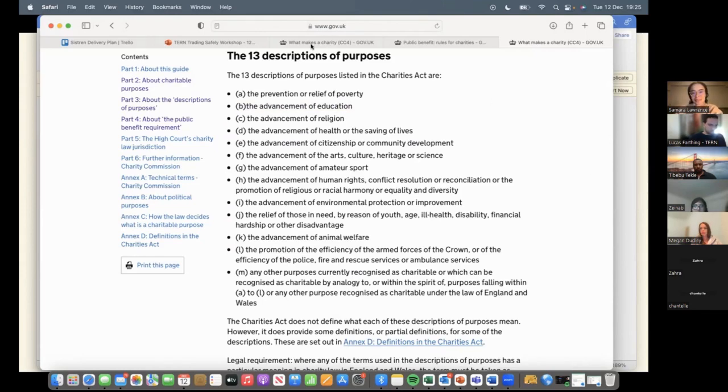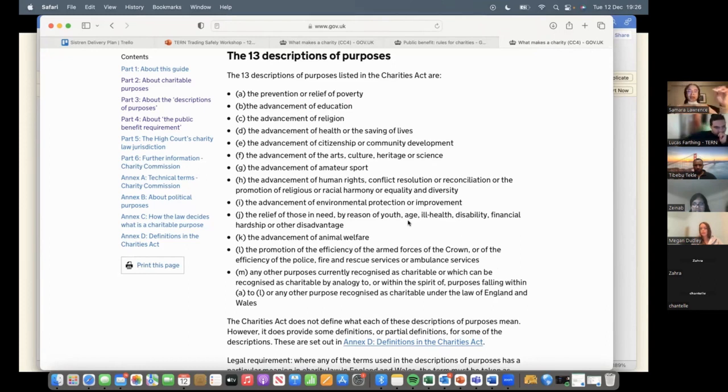I had a look when I was thinking of doing my own organization, and quite a lot of them applied, so I was really confused. Should I tick all of them? Yeah, that's a good question. You can actually have more than one charitable purpose. Totally fine. You probably don't want all of them, but you might find three of them are ones you could easily fall under, and that's totally fine.